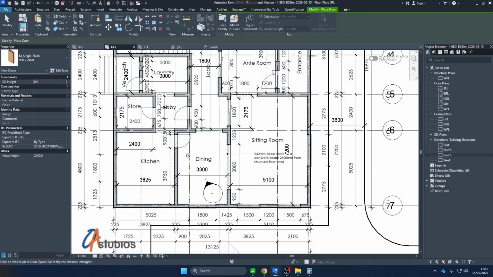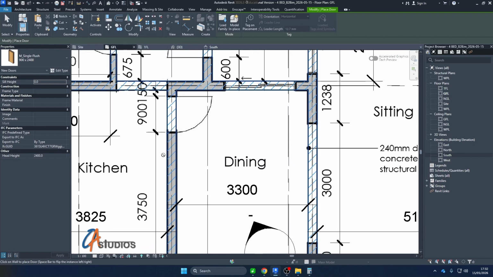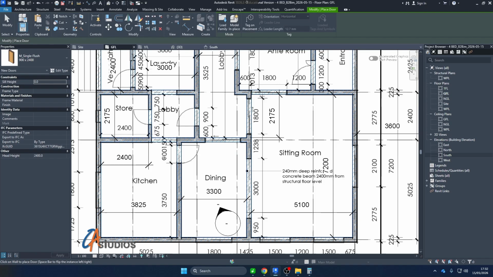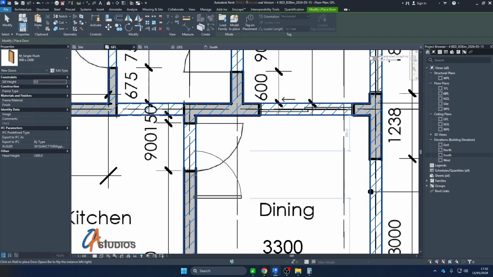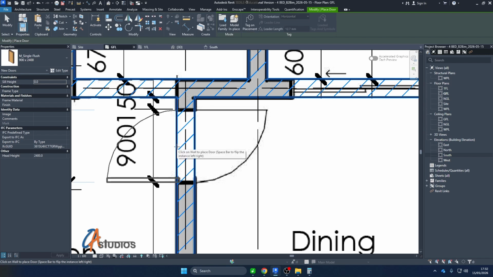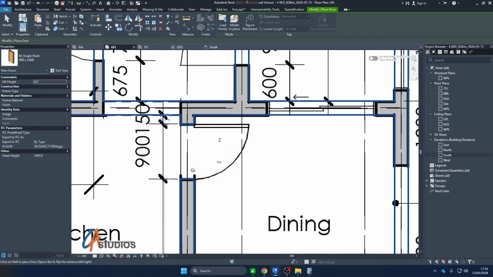So with that done, our door becomes active, and doors are hosted to walls. You can't keep them on their own, they must be hosted to walls. Same thing with windows. Now when you're placing a door, to change the orientation, just click your space tab and you can change the orientation. And if I move to this end, it's going to be put on this other end. Okay, so I'll place this here,